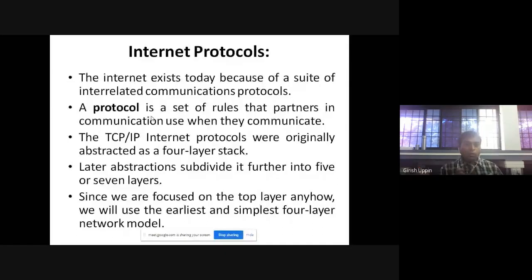There are a lot of complications around that. So we required one protocol which will be a standard, and using that standard, all the communications will happen. We will talk about the internet protocols, how they work, and what the basic layers are in detail in the next class.